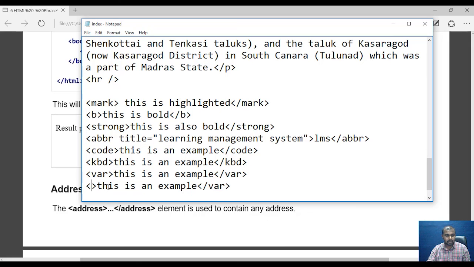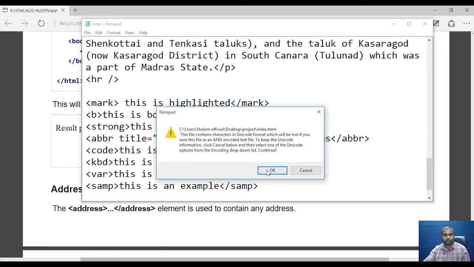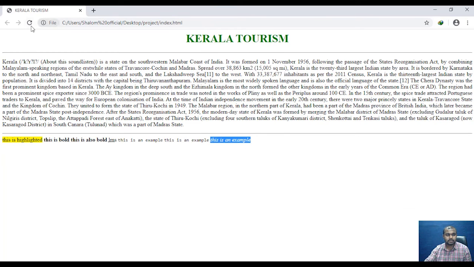So I'll just write SAMP, and again SAMP here, and we'll refresh and see. This looks very similar to the output of the KBD and code tags.